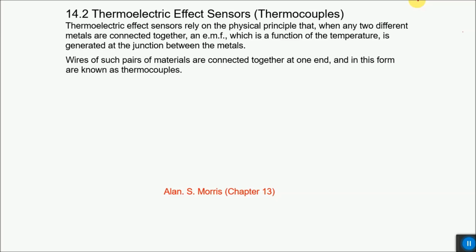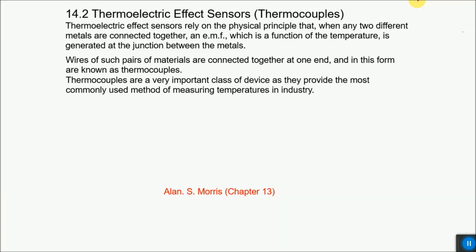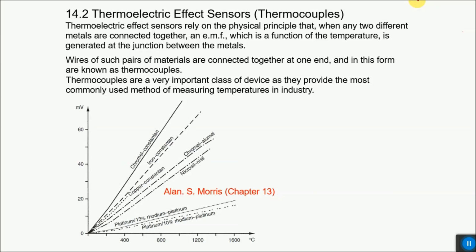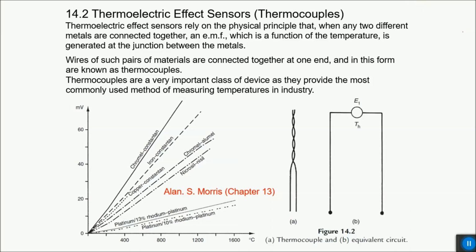Wires of such pairs of metals are connected together at one end, and in this form they are called thermocouples. Thermocouples are a very important class of devices as they provide the most commonly used method of measuring temperature in industry. So here is temperature versus voltage output of different types of thermocouples,